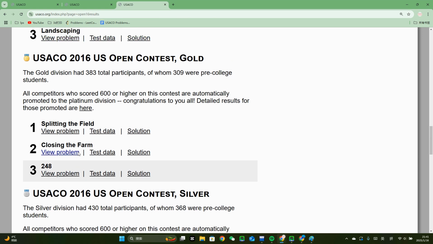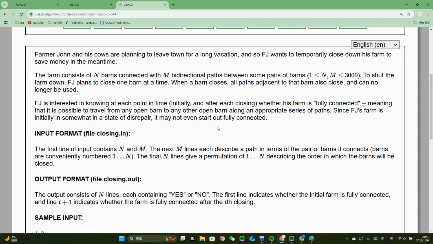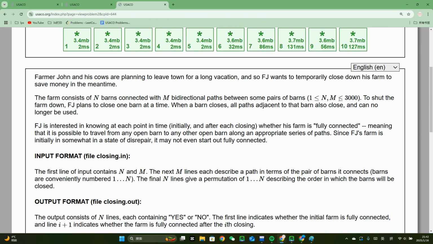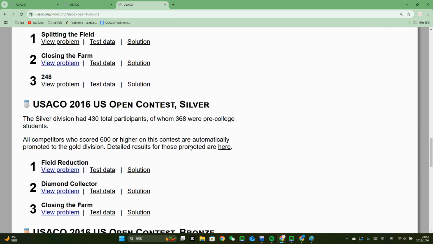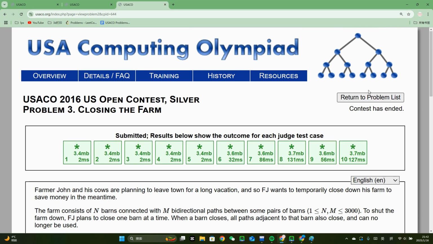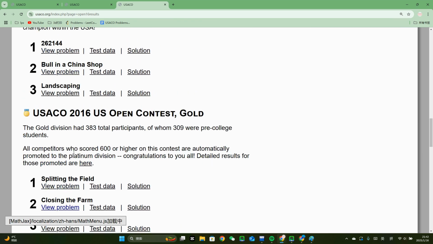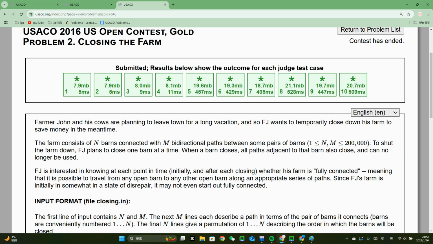And the final one is even easier. It's what can I say? It's just brute force. There is nothing else to say to it, because n is 3,000 and there's only 3,000 queries. So after each query, you just iterate through the graph and see if it's connected. However, notice that the gold version actually has the exact same problem statement. It's just that there's, that's a silver one again. My bad. The data size is different for the gold one, and in the gold one it is 2 times 10